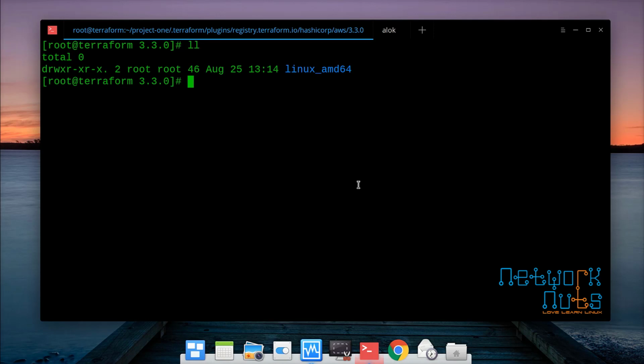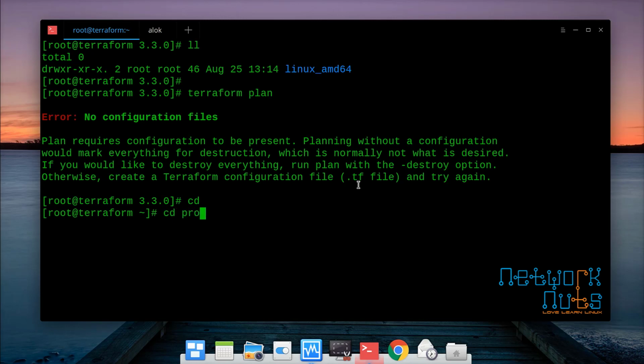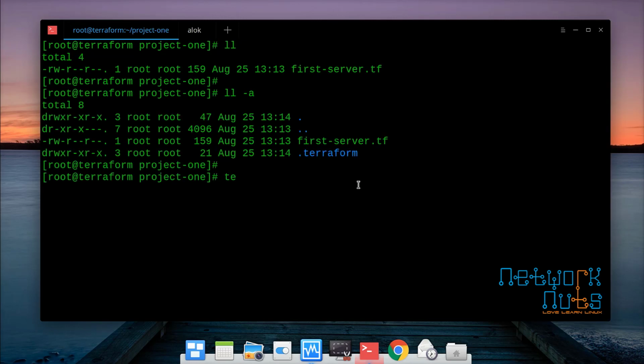Wonderful, guys. So now I can simply give the command terraform plan. Obviously it's going to create it. Oh, not in this directory, sorry, I should be going in the project one. Yeah, here it is. So we have just learned that the moment you give terraform init, it will automatically